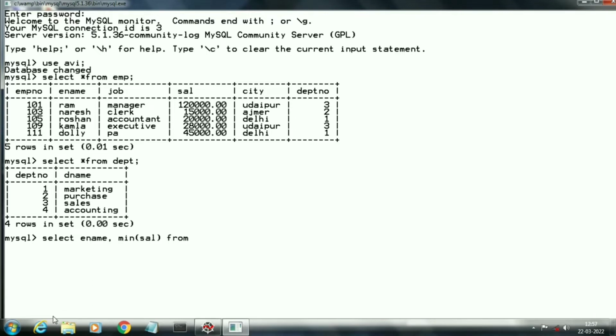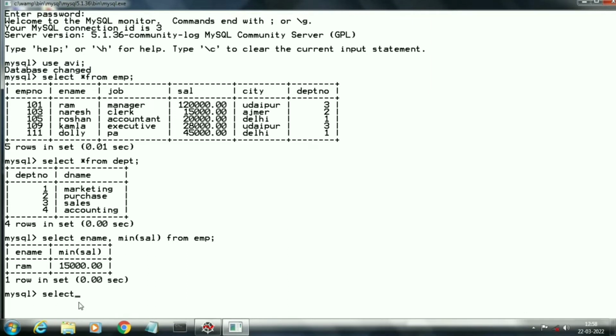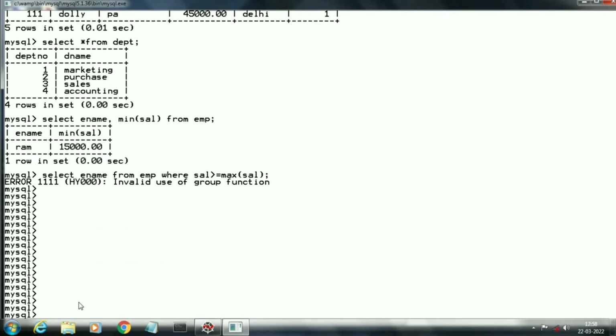First of all we will write a query without using a subquery. Here I am using the minimum function, that is an aggregate function, but we are getting a wrong result because here the name is Ram but the minimum salary 15,000 is correct, so the result is ultimately not correct. Now we are writing another query where we are using a where clause, but this query is also wrong. Now we will get the required result by using our subquery.